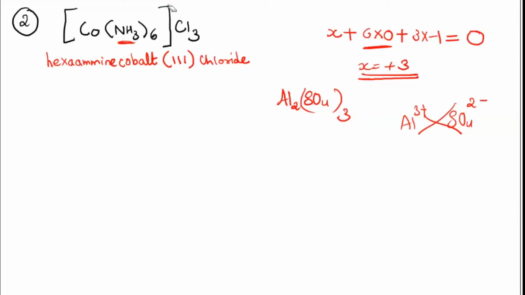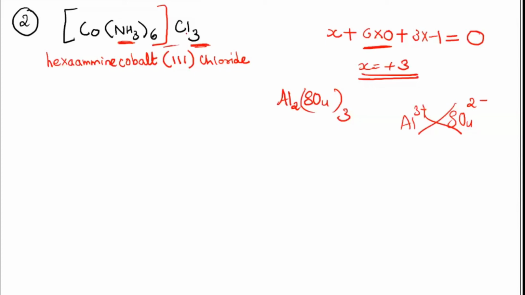So we will not write anything about that 3, okay. We are just writing the name of the ion. It is understood that because of the coordination sphere which had 3 plus charge, these 3 chloride ions got attached there. Understood now why this 3 is not mentioned. So you don't worry about any number which is present outside. You are just going to focus on writing the name of the ion which is present outside.